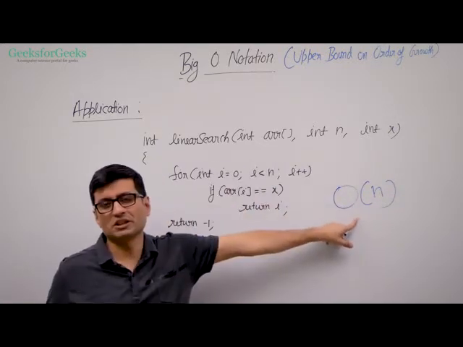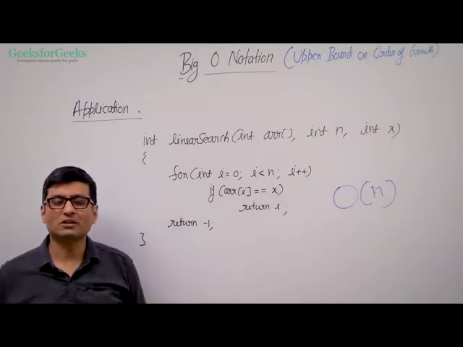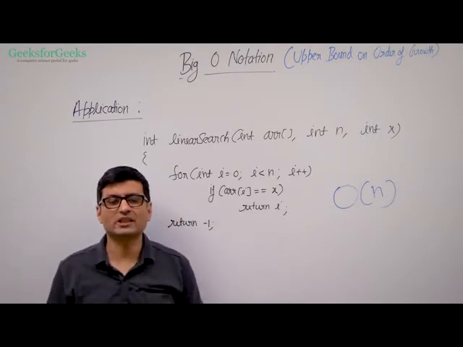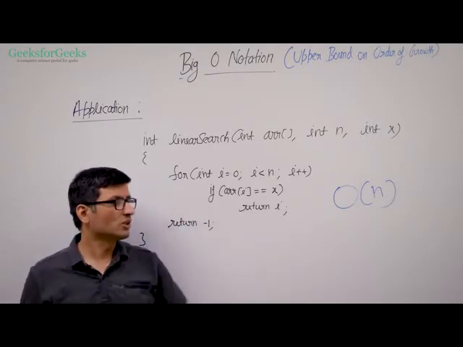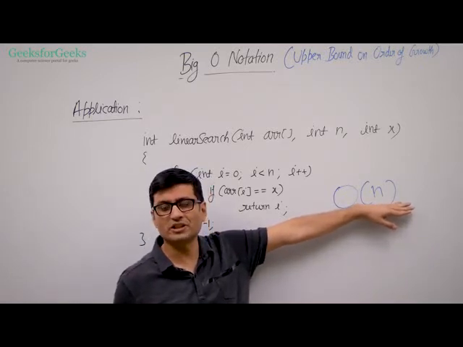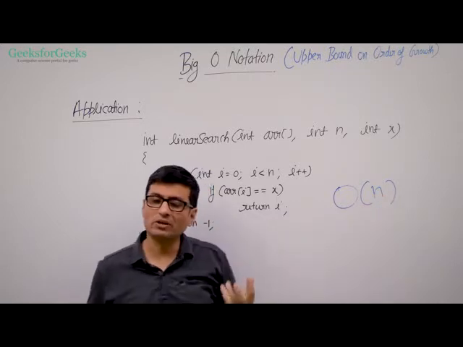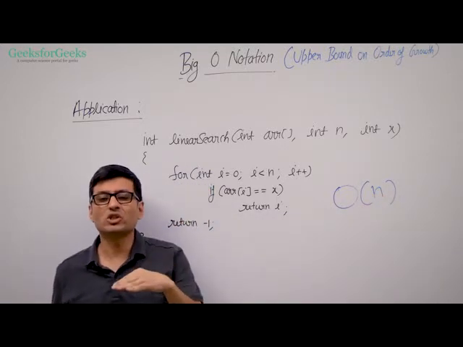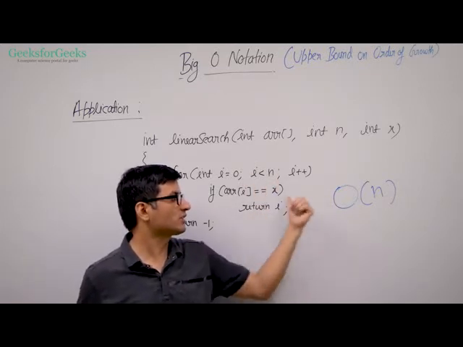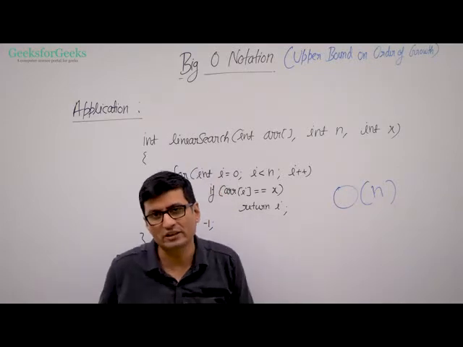It covers everything. It means the time taken by this algorithm grows linearly or less than linearly. So it covers the best case, it covers the average case, it covers everything. Because we have just taken the worst case into consideration, and we have put the worst case order of growth in big O. And big O definition itself says equal or less, right? So the order of growth of time taken by this is going to be growing linearly or less than linearly.